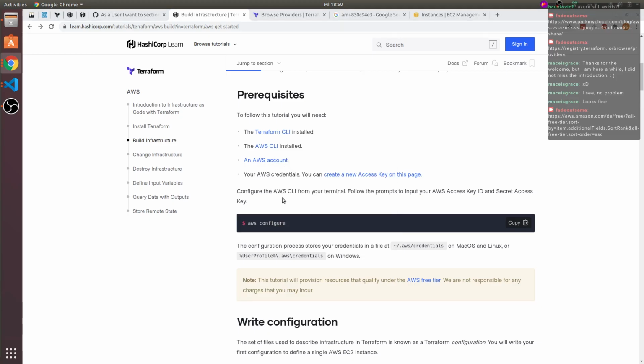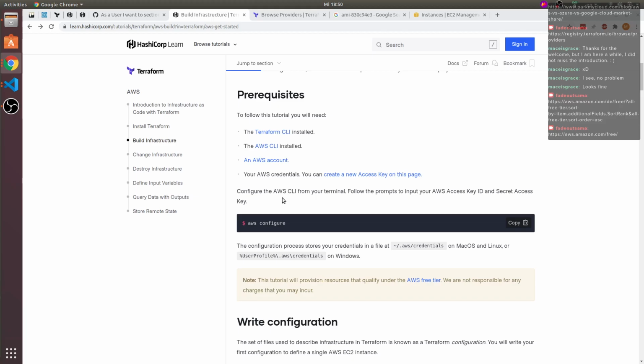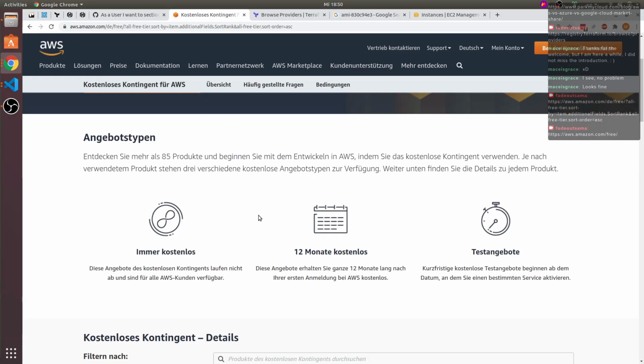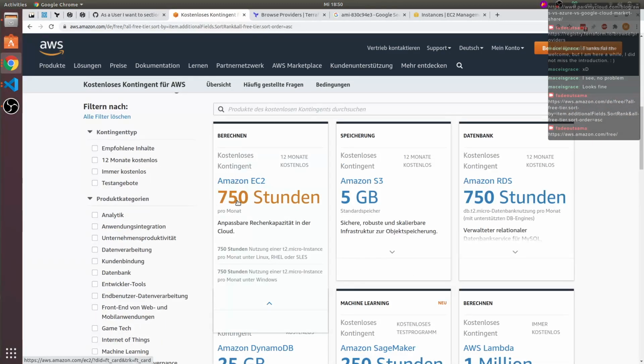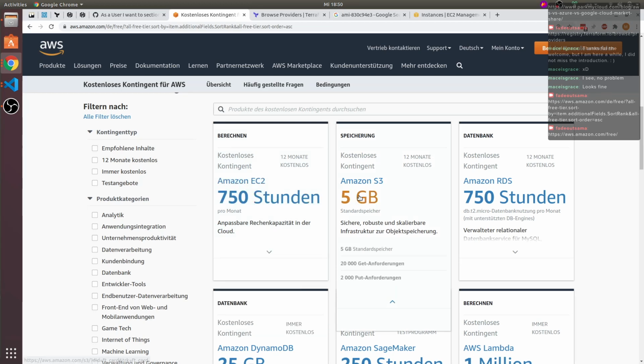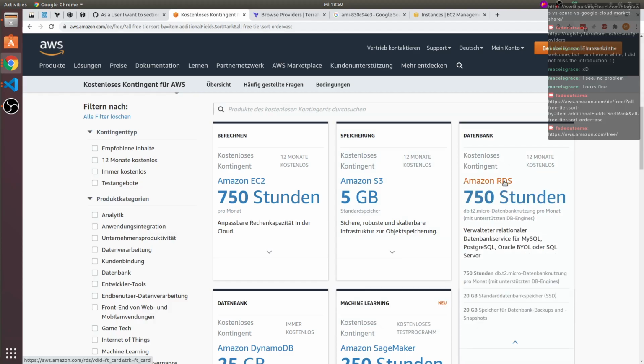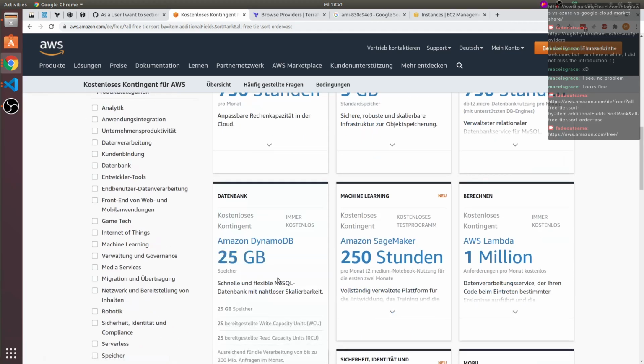For the first 12 months, they give you a lot: 750 hours of these hosted instances, 5 gigs of space. This is a relational database service, so like a Postgres. You can host a lot of hours. This is essentially 1 month. I think you have one Postgres free per month, 24 hours.